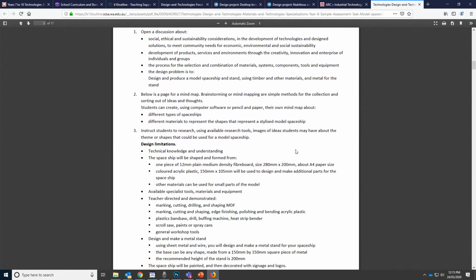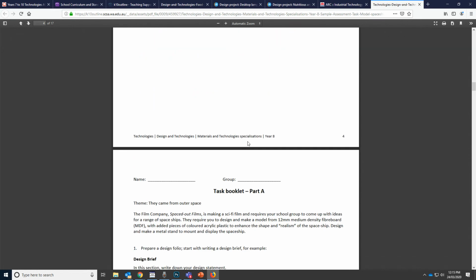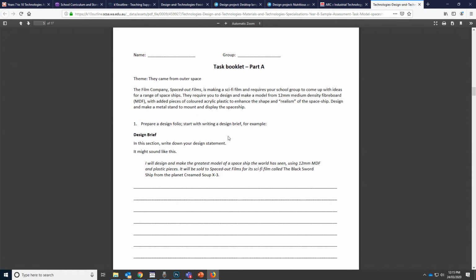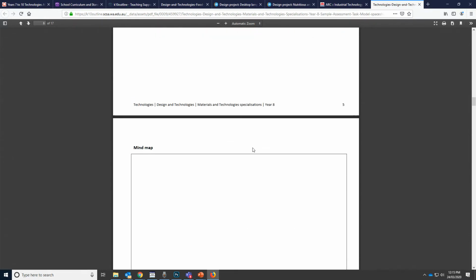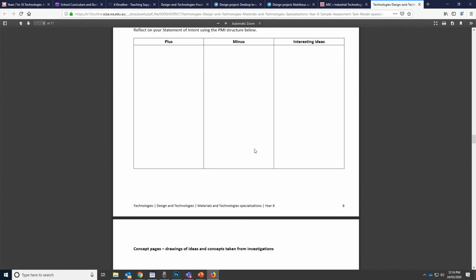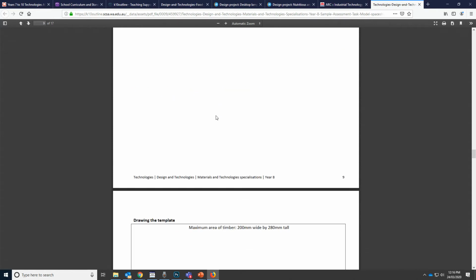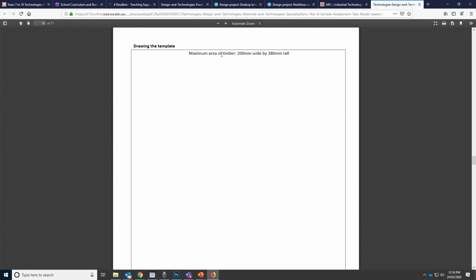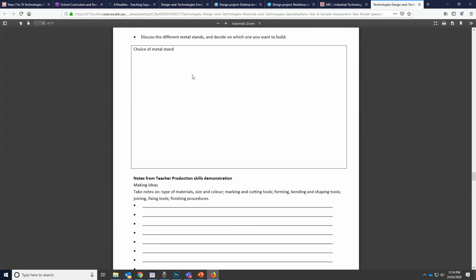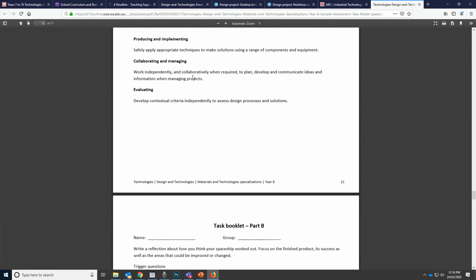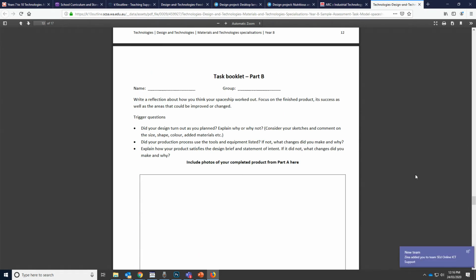And so here they've got instructions, and here they've got a task booklet. As we do, we create a lot of these sorts of things. So what is the design brief? What is a mind map? Do some research, statement of intent, do a PMI. Concept pages, these are initial ideas, could be inspiration, could be whatever you want to call it. They've obviously given some constraints here, maximum area of timber, and again, a little bit of direction and task booklet